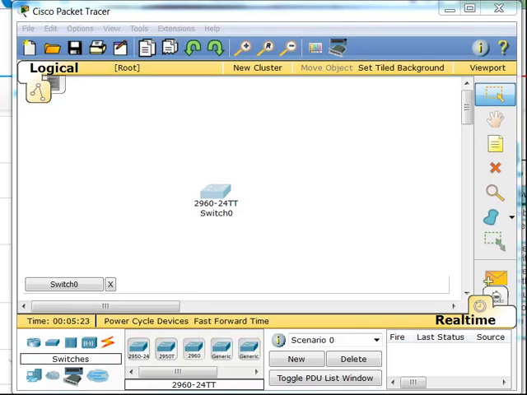We know that a switch can operate in full duplex, which means it can send and receive at the same time. This allows a device plugged into the switch to have dedicated access to that switch and essentially double the bandwidth that we're rated at, in which we can communicate between that device and the switch. We can also manually set these things if we want to. This isn't something that normally needs to be done, but I'm going to show you how to do that in